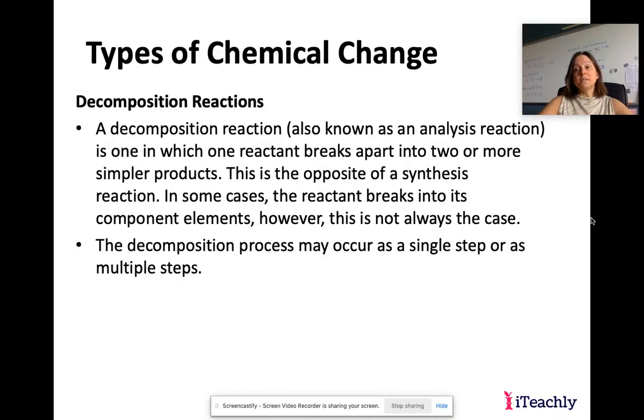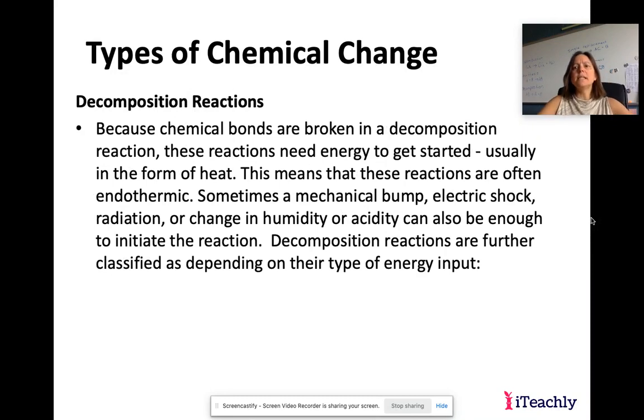Now the opposite of synthesis would be decomposition. Decomposition is when we're breaking down the reactants. So I'm taking something big and making it smaller. These can be done in one simple step, or sometimes we have multiple steps in making this. So decomposition, usually we have some kind of heat added when we have